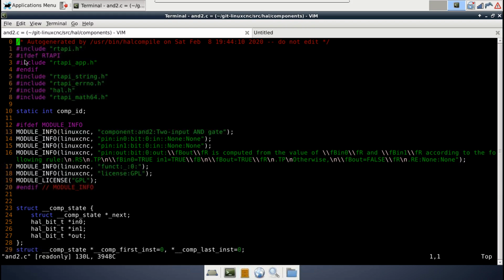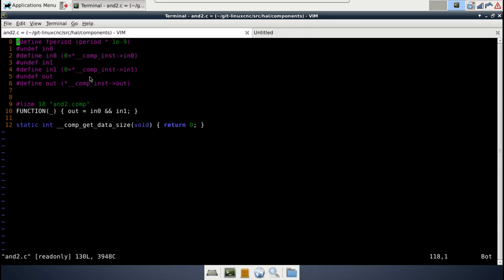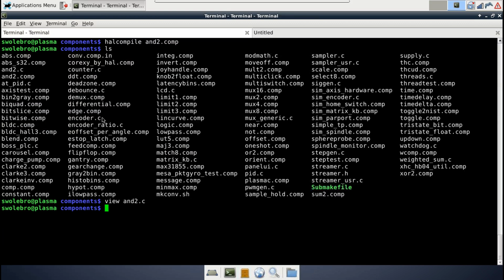Let's take a look at this one, and now we can see what all that boilerplate expands to and how we get all this extra noise. At the very end, we get the actual function, right? So thank goodness that halcompile lets us write a comp file and saves us all that extra mess. So that's how you process it into a C file, but we're really more interested in how you install it, and that's done with halcompile --install, and you just say thcud.comp,